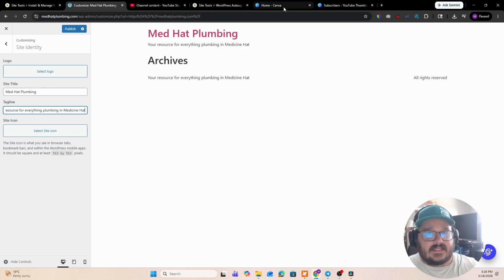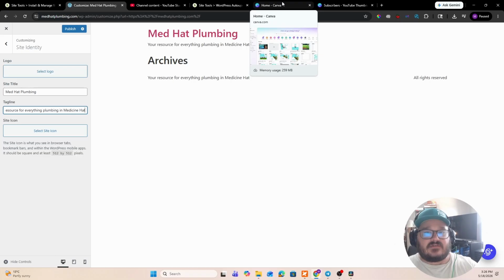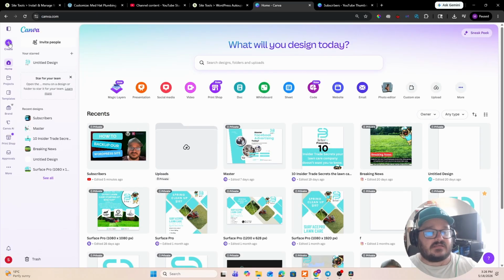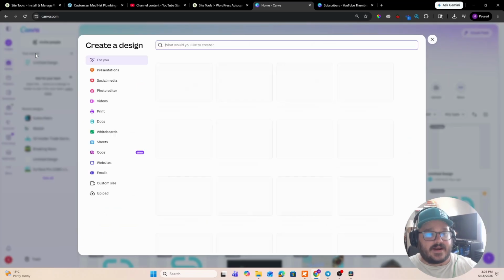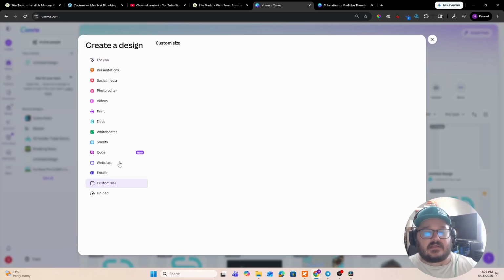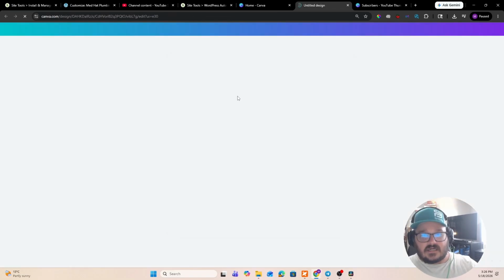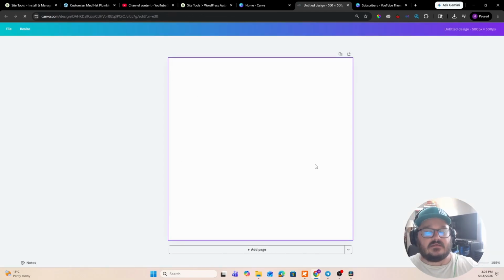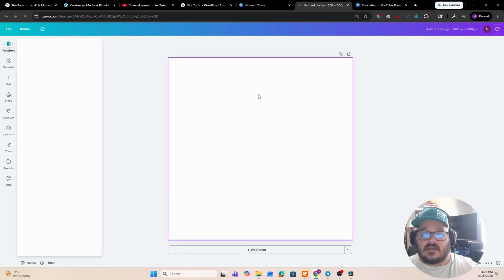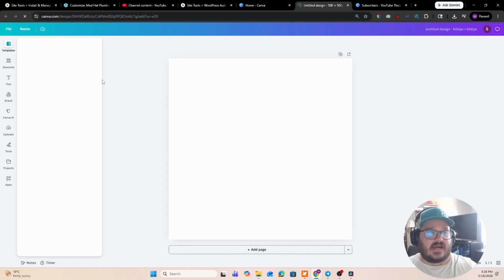So I really like Canva and ChatGPT for these two features, and the reason for that is because with Canva over here, once you create a profile and you get everything set up, you can go in and create a custom size, and we're going to do a minimum of 500 by 500, and it's going to automatically open up this sheet right here. And Canva Pro, by the way, just so you're aware, costs like, I don't know, $8